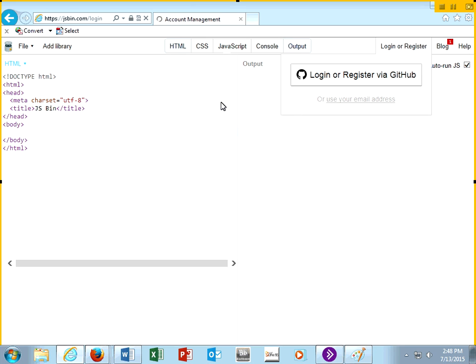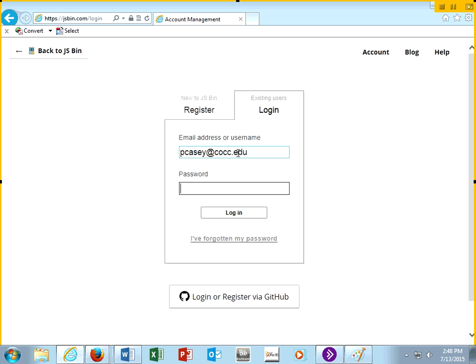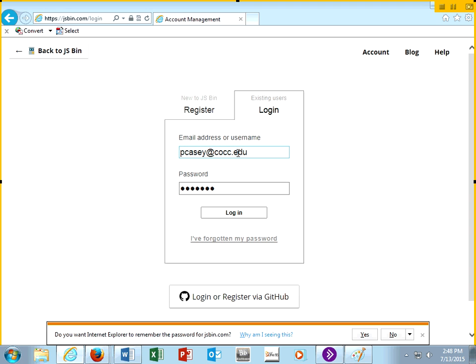Yeah, you've got to love that Internet Explorer. Well, I think this room seems to have kind of a delay on connection to the Internet. I'm not sure if the router's got a problem or something. Okay, PKC, CFCC.edu, password, log in,